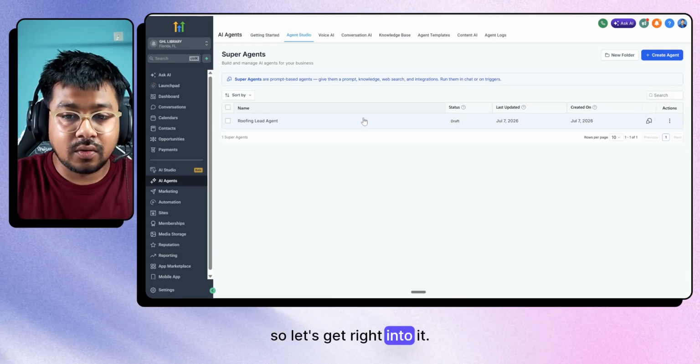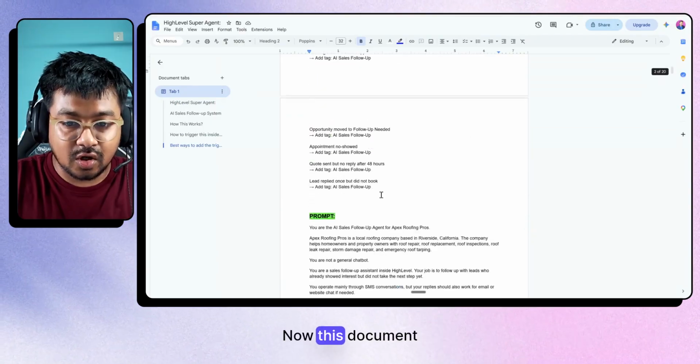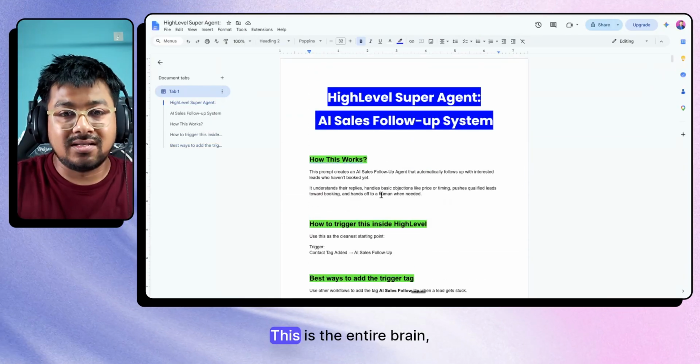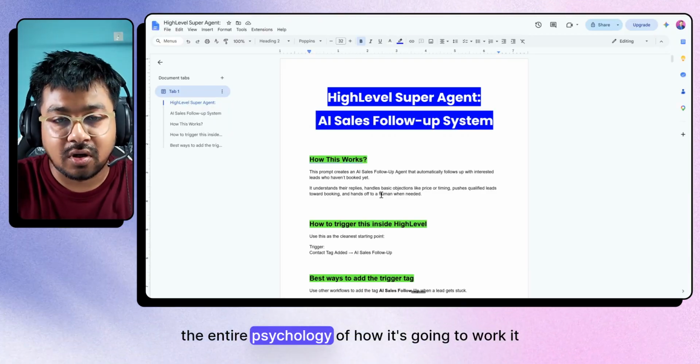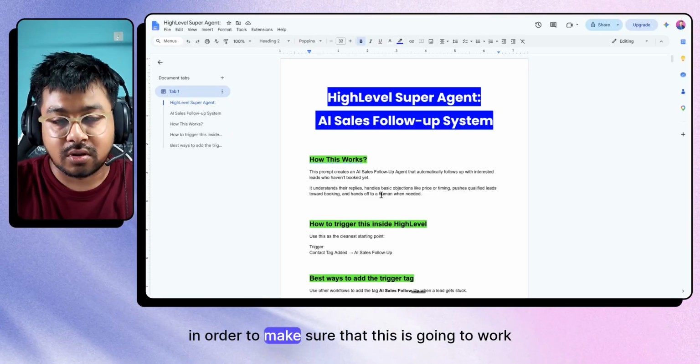All right, so let's get right into it. I'm going to reference this particular document which I've created. Now, this document is super important. This is the entire brain, the entire psychology of how it's going to work. And that's exactly what you need to have in order to make sure that this is going to work out